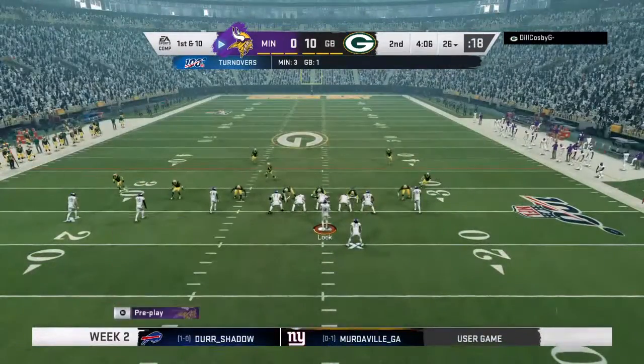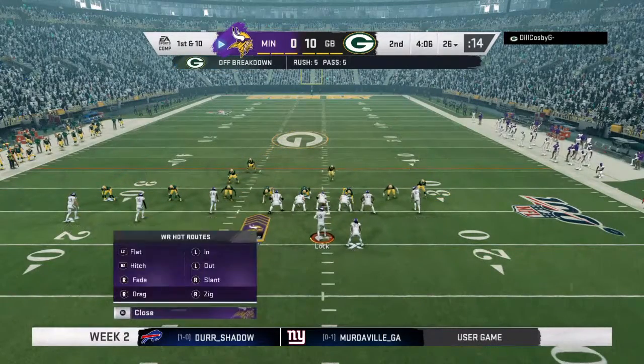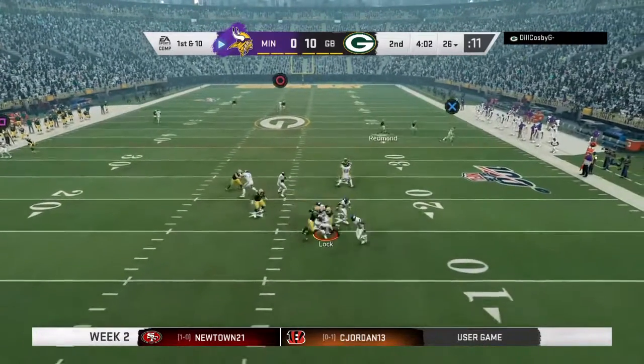Here are the Vikings now to start their next drive. And this not an easy situation. You're down early, in the elements, you're on the road. How do you get the mojo back? Well, one thing is to remember that as an offensive...